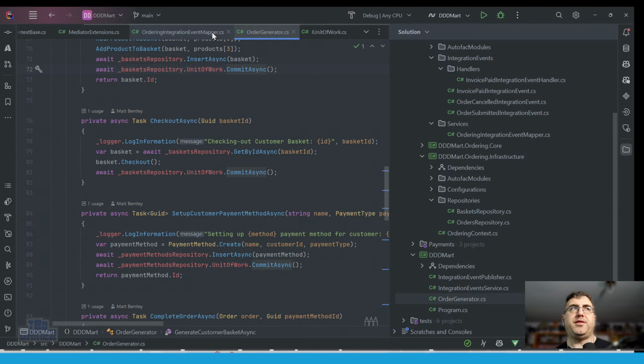But I don't know the difference between a transaction wrapped save changes and a save changes, because all save changes are transaction wrapped by default, even if it's just a little tiny transaction. An atomic transaction, I suppose, is a better word. So I don't know the difference between the two. So I would always have to hold on to the domain events until I said flush them, which seems